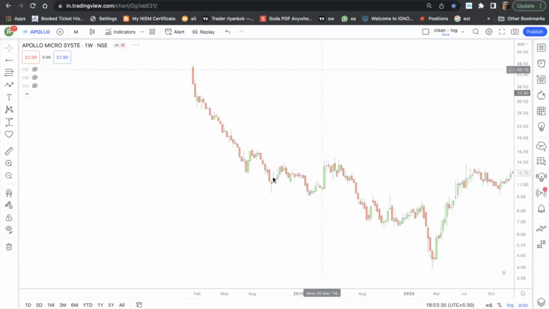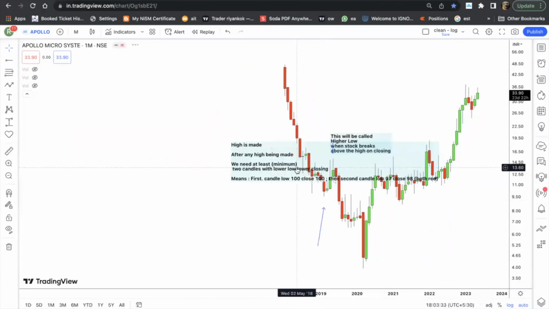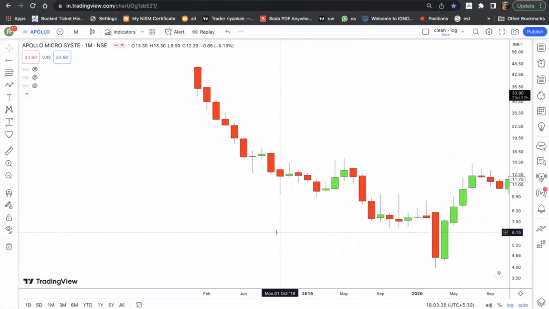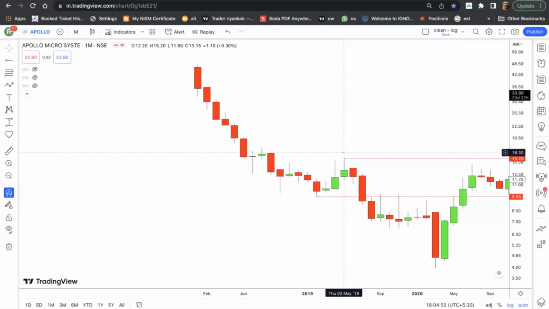Let me just show you on monthly charts very quickly. So this was a monthly chart of Apollo Microsystem, and you can very clearly see that this low was made in the stock, which was at 9 rupee 50 paise. The stock is trading post split right now. So it used to trade somewhere around 90 rupees back here. Split has happened just like 15 or 20 days back something. So it used to be 90 rupees here, and it made 1 green candle, 2 green candle, and 3 green candle. So this was the high that it made during the process, 15 rupee 20 paise.